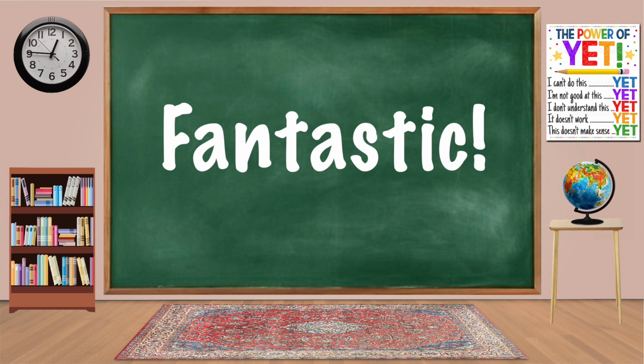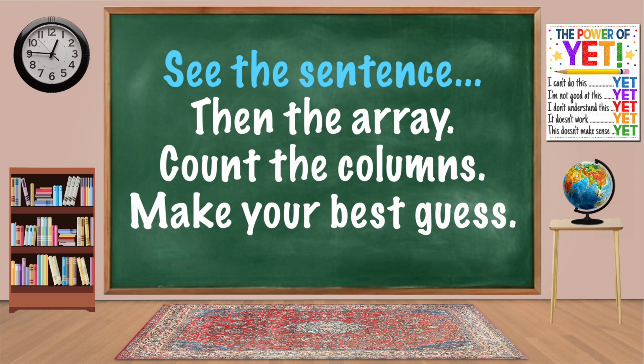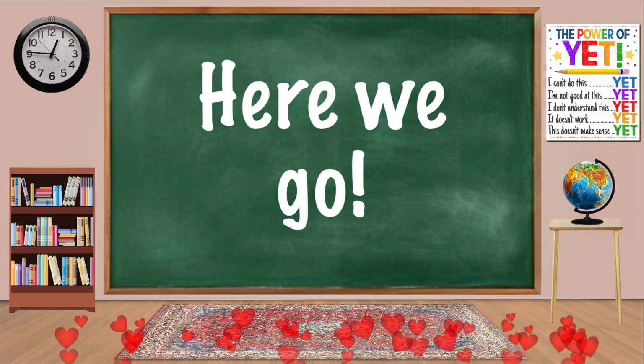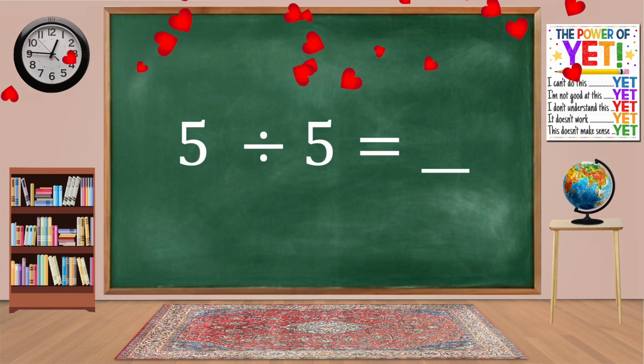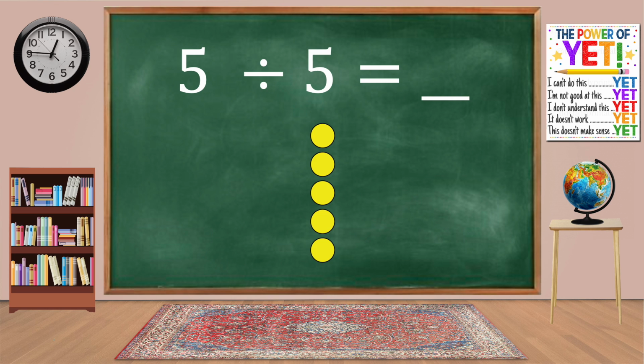Fantastic work. Now, let's see what you remember. We'll see the number sentence, then the array. Count the columns. If you're not sure, make your best guess. Here we go. 5 divided by 5 equals